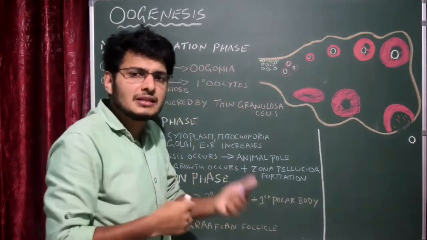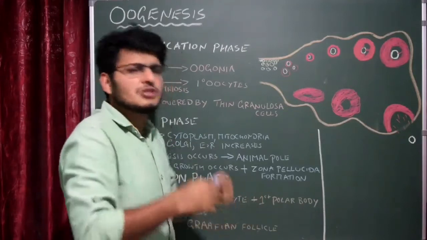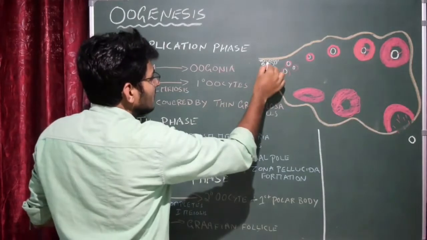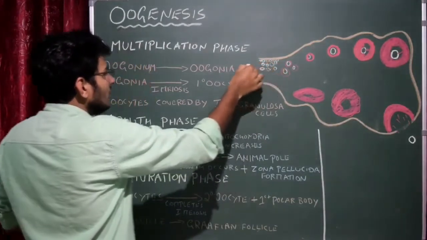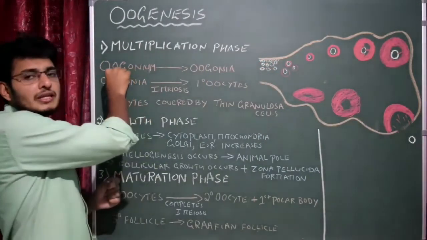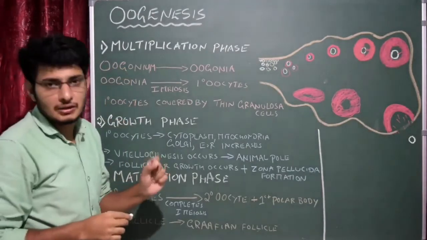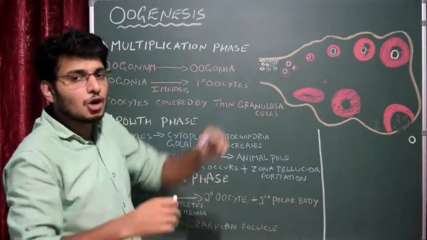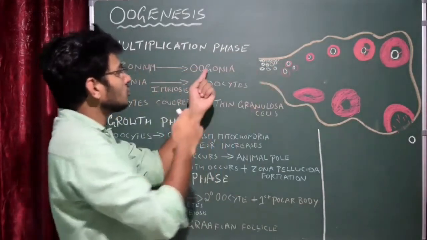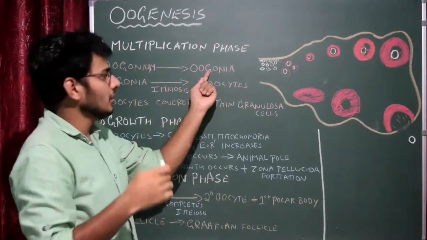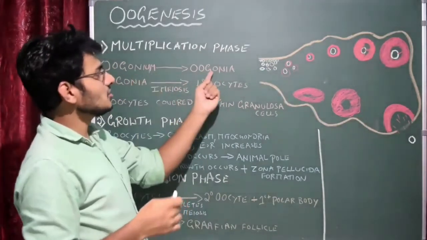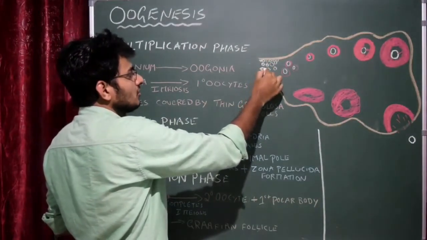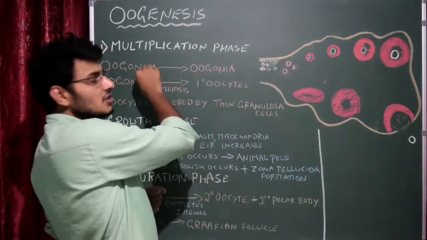These germinal epithelial cells, because of mitosis, produce so many cells. Here you could see some big white cells from the same small cells, and we call them oogonium. Oogonium is singular: if I talk about only one cell, it is called oogonium. If I talk about many oogonium cells, we should call them oogonia. It's plural. So let us take this one cell, which is called an oogonium.